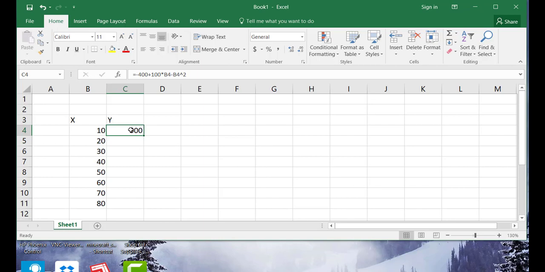I'm going to take my cursor and move it to the lower right-hand corner of cell C4, and I'm going to click the left mouse button, and I'm going to drag down. Now if you're using a Mac, this may be slightly different. You'll have to adjust what you do for the different computers that are out there. And now we're done creating our table showing our production function, showing the relationship between an input like fertilizer and